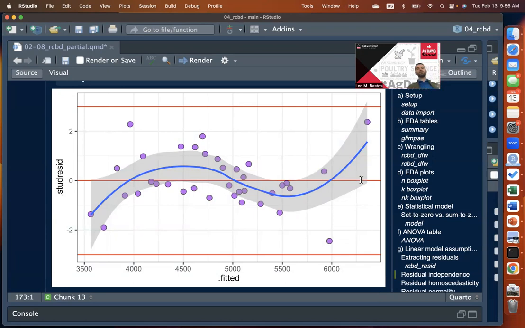So this is my personal interpretation of this plot. Perhaps there is a slight pattern, but it's not strong enough to make me doubt the independence assumption, especially because this is a randomized experimental planned study. Remember, if you have a designed study that you randomize, that's your entry into the assumption of independence. The problem is when you do not do a designed study, so you go and collect data out in the world that is not planned, it's just observational data, there could be all sorts of dependence going on in those models